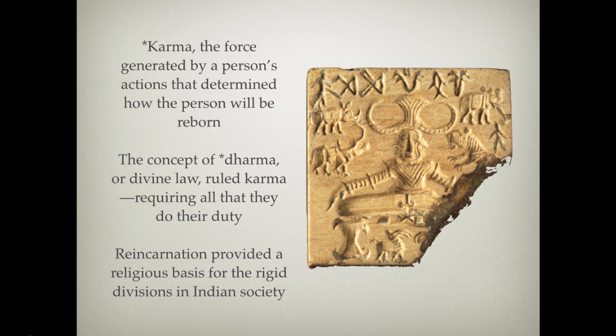So if I was at the bottom, and I had good karma as a result of following my specific dharma, then I would go up and up and up, ultimately to Brahman, right? Hopefully you can see that how one lives through their dharma and karma really reinforces the rigid class structure. So you see very, very little social mobility. Why? Because the only method by which one can climb the social scale is through reincarnation.